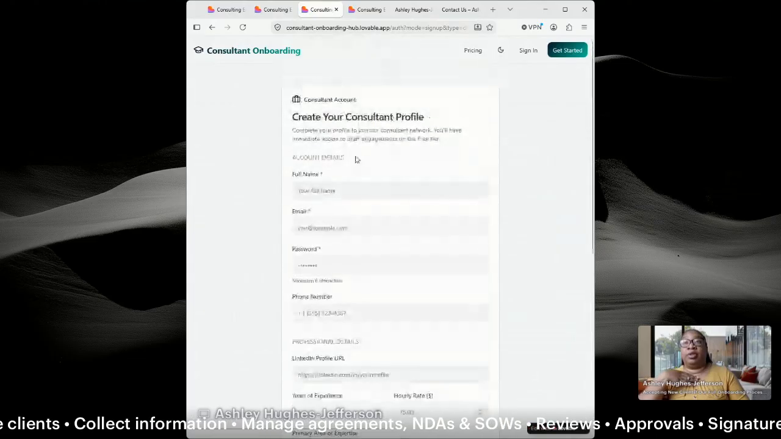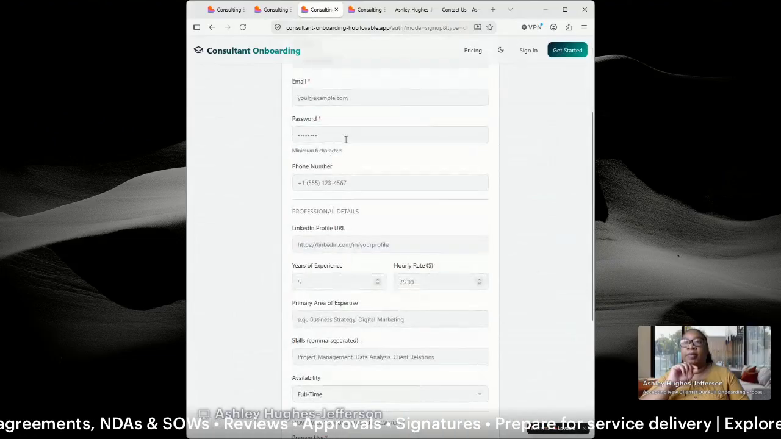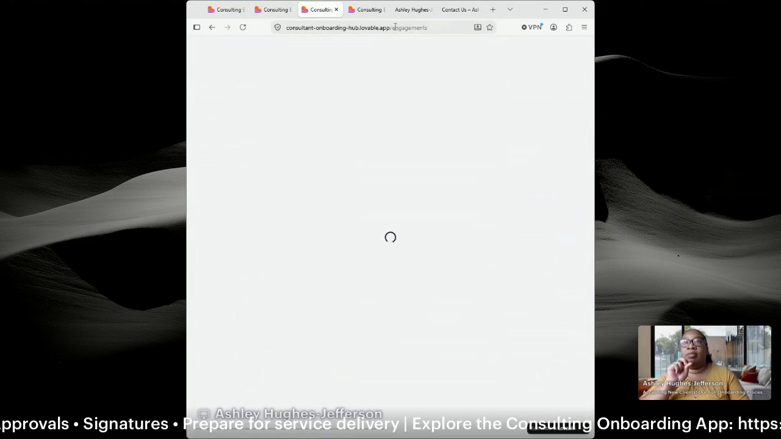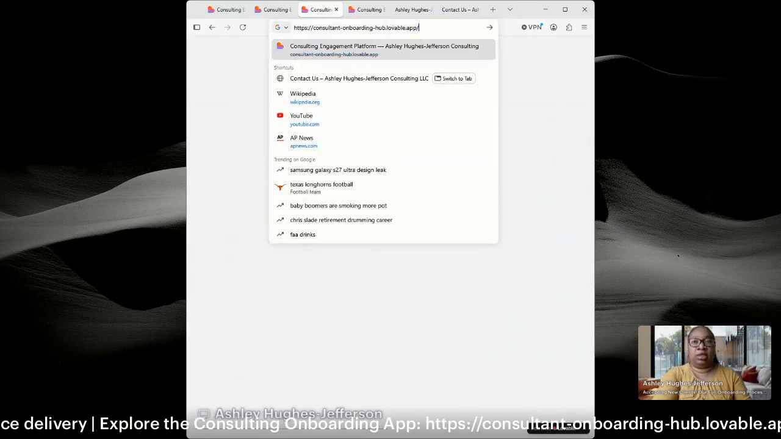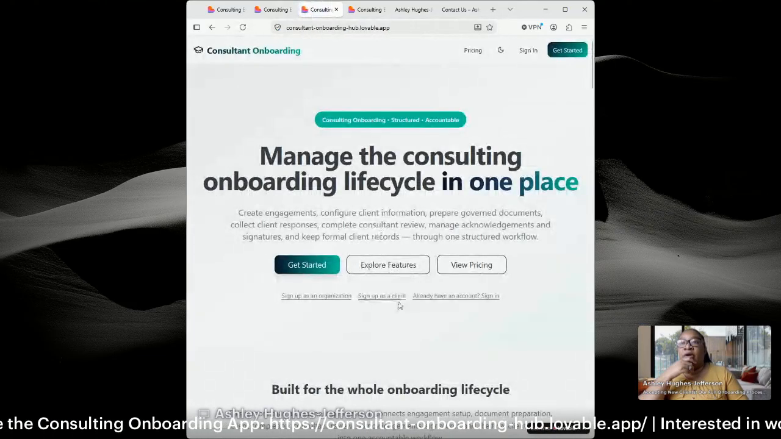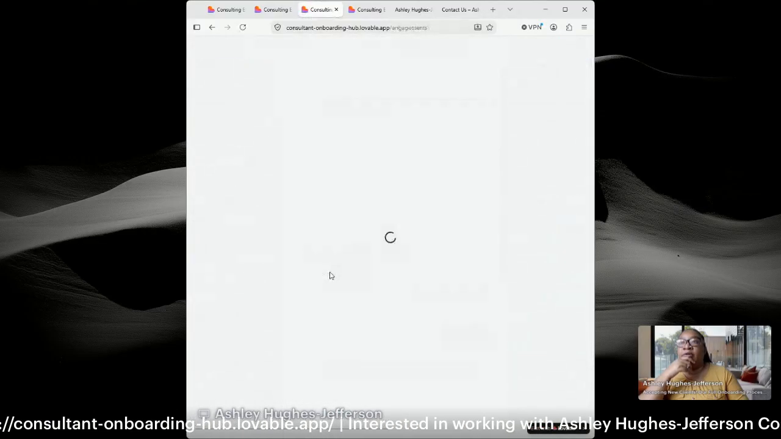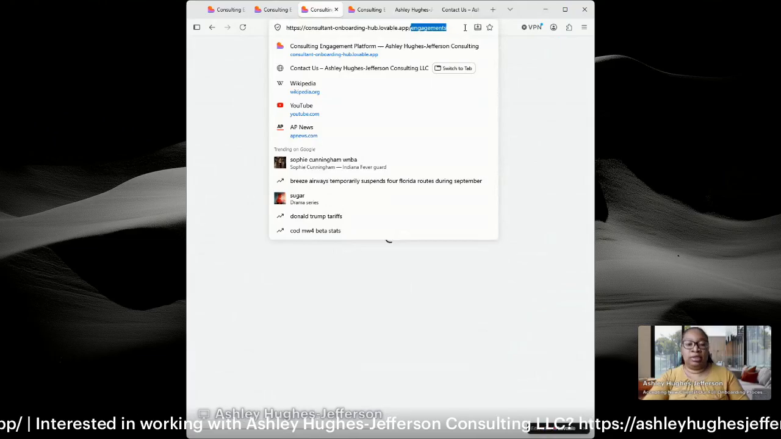For example, with the consultant account, you do sign up with your full name, your email, your password, your phone number. There is more information that's listed. My connection keeps dropping, so I'm just going to go through it as quickly as possible. Your password, your phone number, the LinkedIn profile, as well as